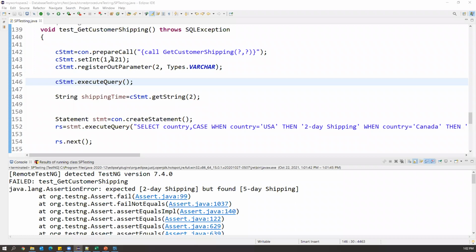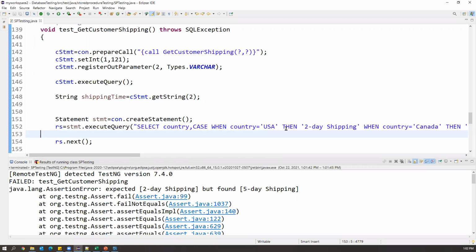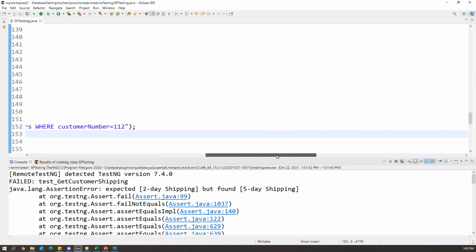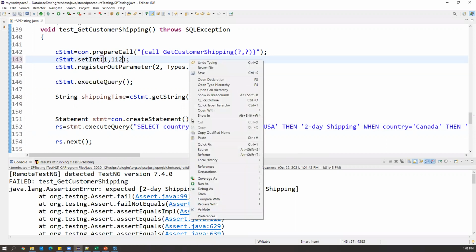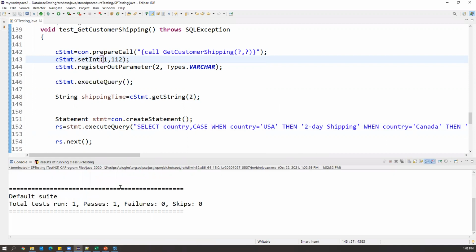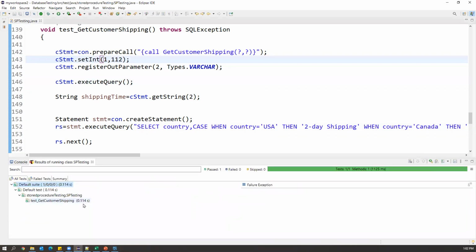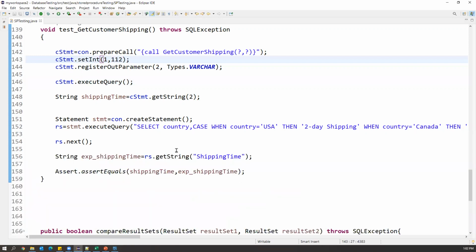Check, actually here we have passed 1 to 1, and in the test query we are checking 112. So this is the actual, and that's the reason both are not equal. So here we need to pass the same ID. Here we pass 112, right? So in the stored procedure also, let us call 112. All right, so now execute. All right, now it is getting passed. The results written by the stored procedure are exactly the same as the test query results. So my test got passed.